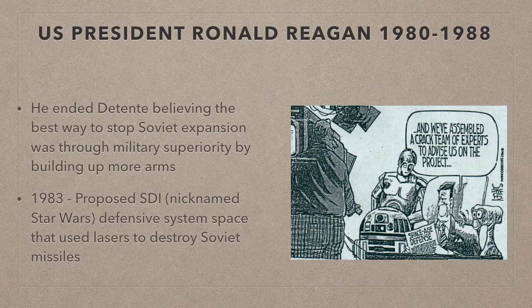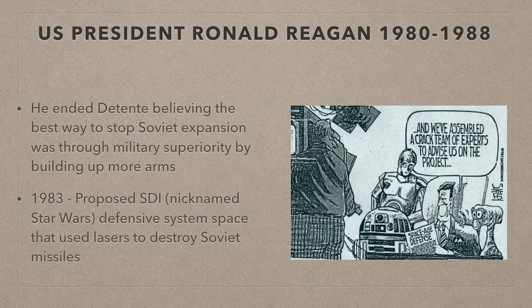When Ronald Reagan became president in the United States in 1980, he ended the policy of détente. He believed that the best way to contain Soviet expansion was to gain military superiority by building up even more arms. Attempts at arms control didn't go anywhere, and in 1983, Reagan proposed a project, the SDI, which became nicknamed Star Wars, where he wanted to build a defensive system in space which used lasers that would destroy Soviet